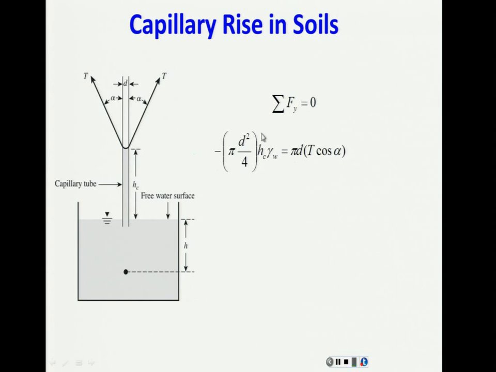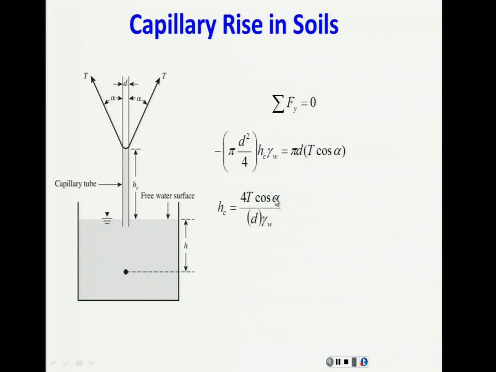And what is going up? It's this tension multiplied by cosine of the angle, because we're interested only in the upward force, multiplied by the perimeter of that pipe. From here you can solve for the capillary rise zone, which is HC,